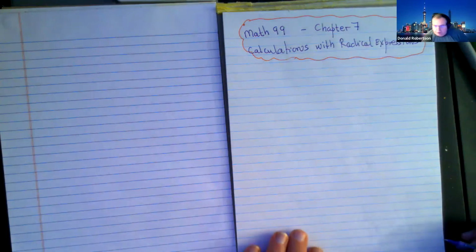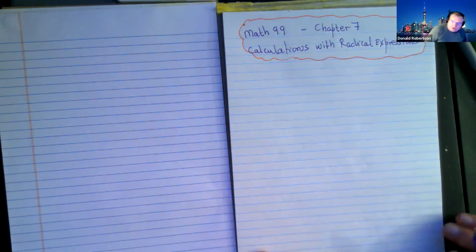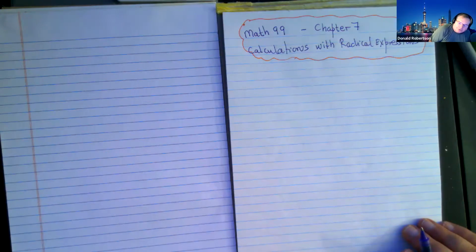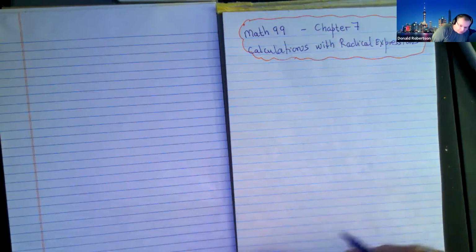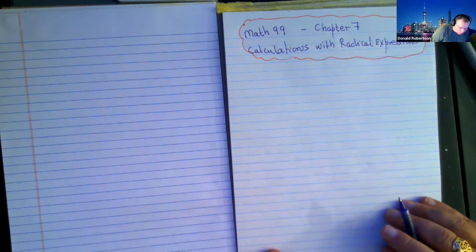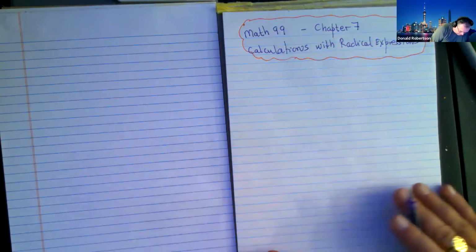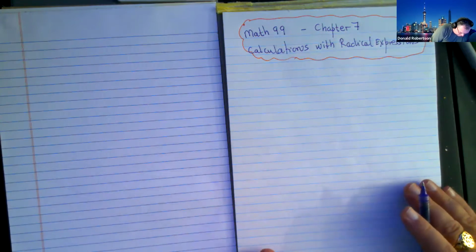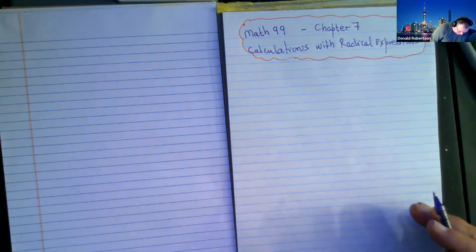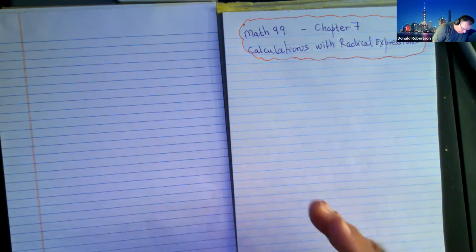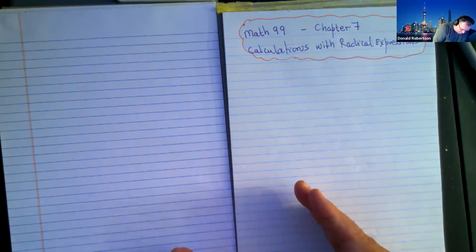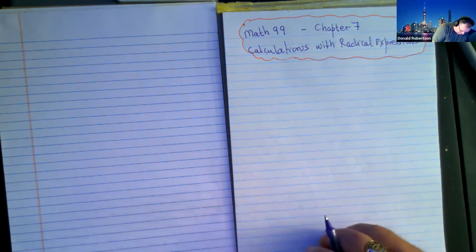Everyone. Today we're going to look at the second topic inside Chapter 7, and this one deals with calculations involving radical expressions. We're basically going to start off with some simple examples and then progressively get more and more complex. There are a couple of themes that are going to run through this, and one of the themes is the concept in mathematics, at least, that if you have two terms that are essentially similar to each other, then you